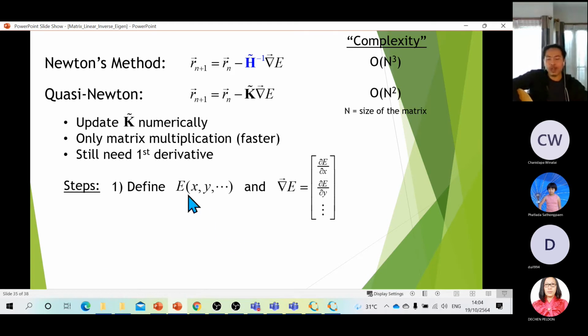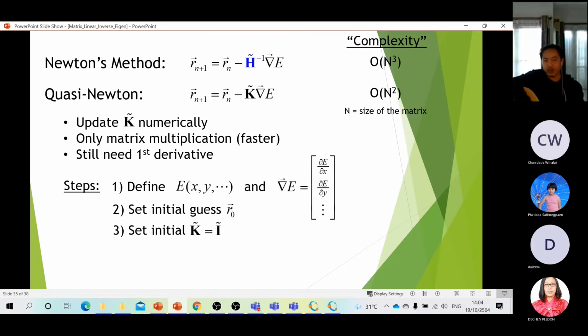Suppose you know that function, you can compute the gradient, and you pick an initial guess, 1, 1, maybe 0.25, 0.25, or anything that you want to pick as the initial guess of that vector. Now, you might think that you can keep updating the K, but at least you need to know the initial value of the K. Okay, and how do we do that?